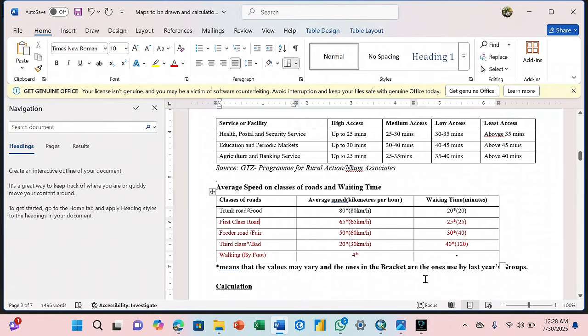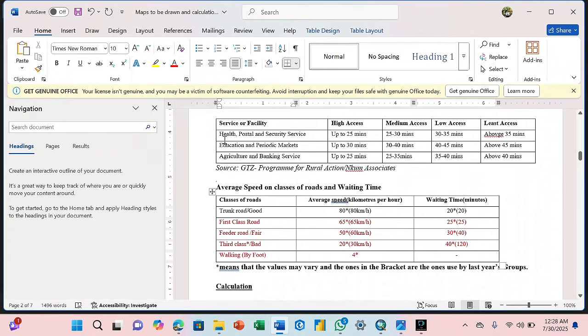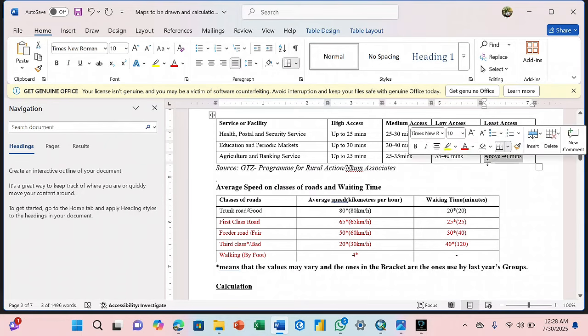Aside that, we have the various facilities. So if you look at this particular map, for instance, this is accessibility for banking service. According to this particular document I am using, to be in a high access zone, you need to drive 25 minutes. Medium access, 25 to 35 minutes. Low access, 35 to 40 minutes. And least access is about 40 minutes. Do you get it? So